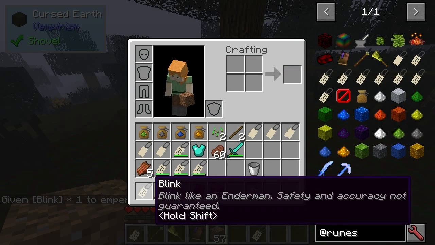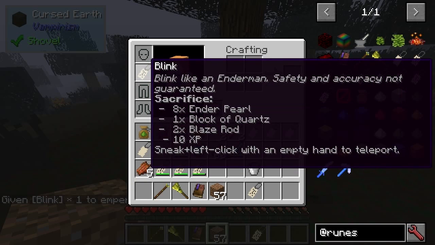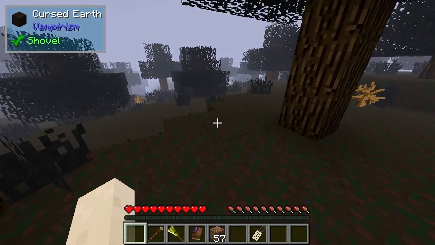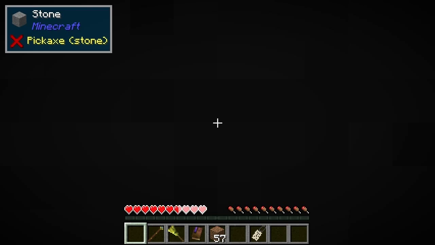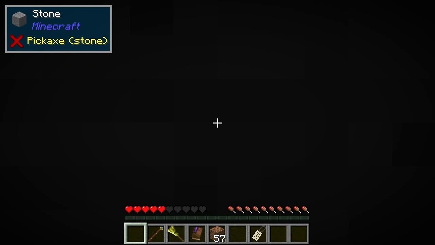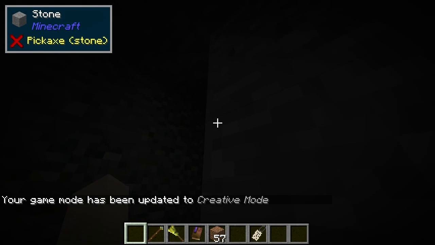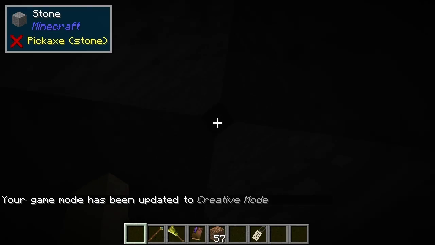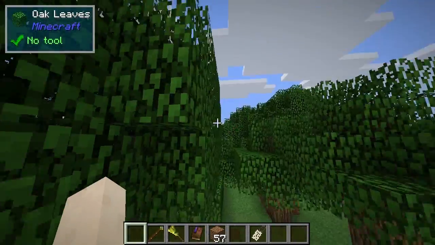Blink like an Enderman. That's an interesting one. Sneak left click. Oh dear. We seem to be going through the wall the whole time. What? Why am I so far underground? Oh, wow, I mean,